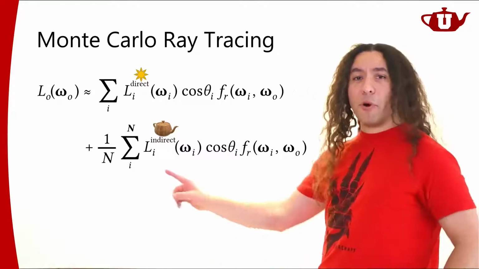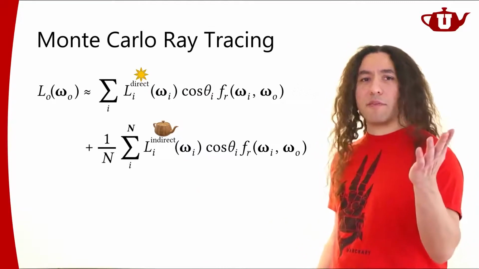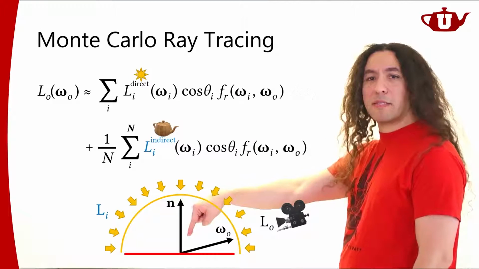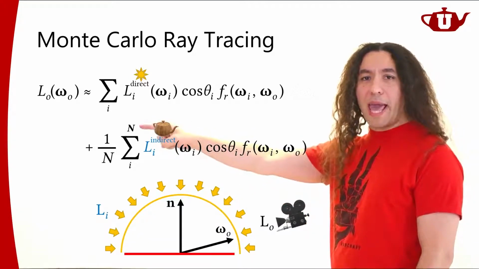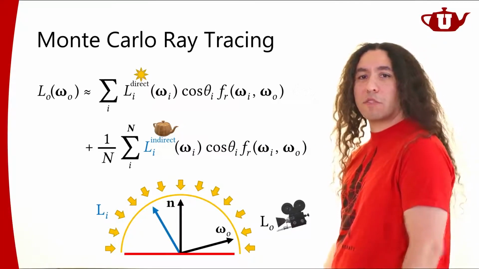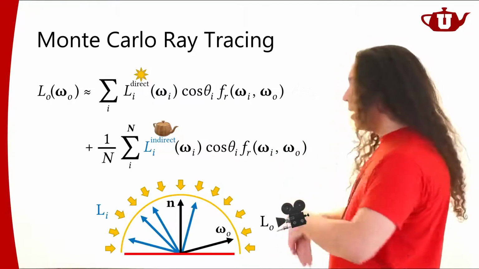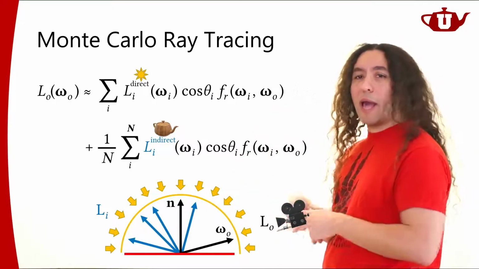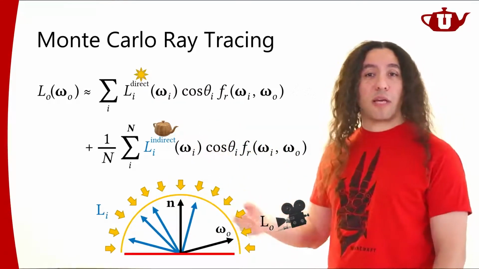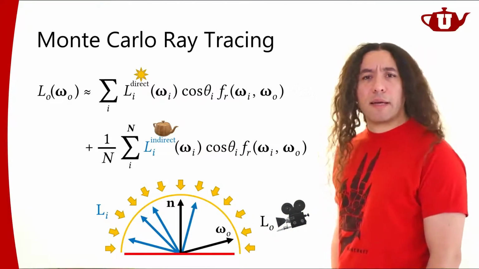Now, my point is figuring out ways to compute this incoming light for any given direction, right? So what we're going to do is that I'm trying to shade this point in space. What I'm going to do is pick n different randomly generated directions here. Let's say this is one, here's another one, here's another one, here's another one. I'm going to just pick randomly generated directions, and I'm going to estimate this integral by using the average of these randomly generated directions. So that's the whole idea.